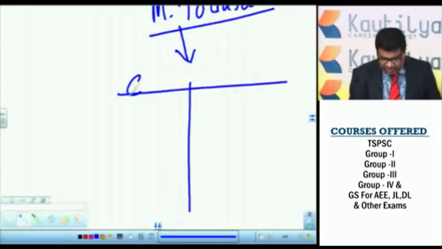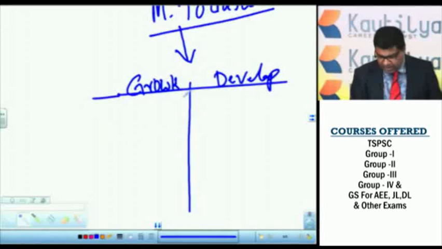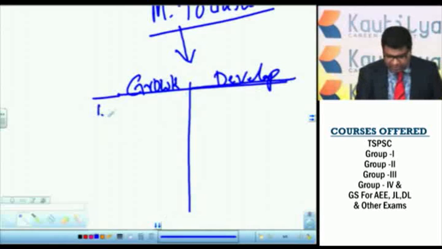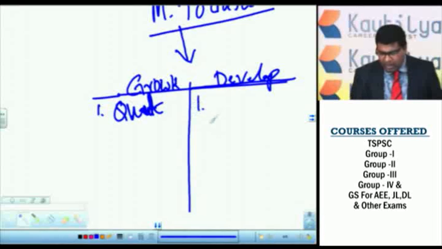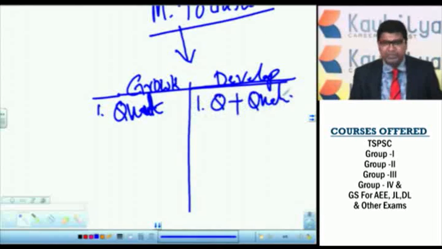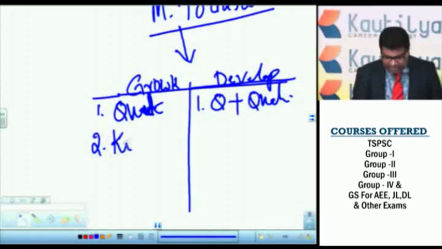Here is economic growth, here is economic development. Economic growth and economic development. Economic growth is always associated with quantitative changes in the economy. Here, economic development always concentrates on quality, not only quantitative changes but also qualitative changes of the economy. According to the famous economist Kindleberger,